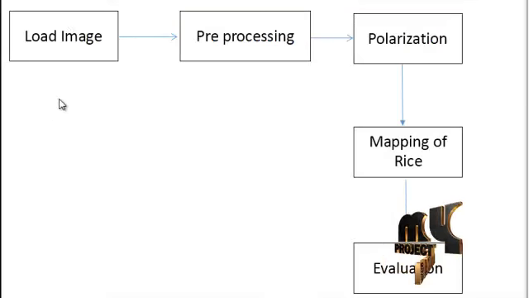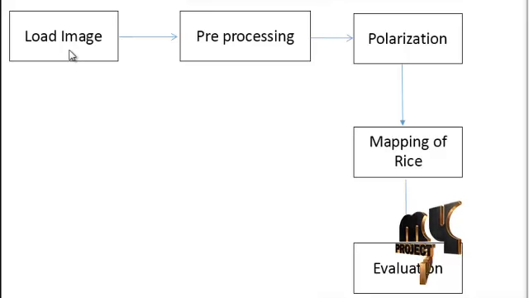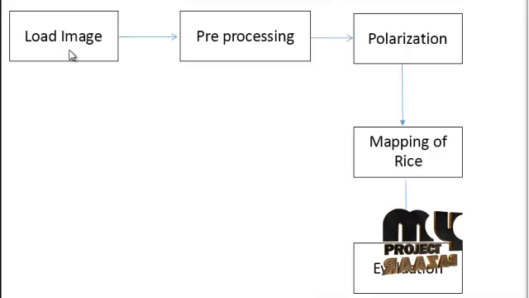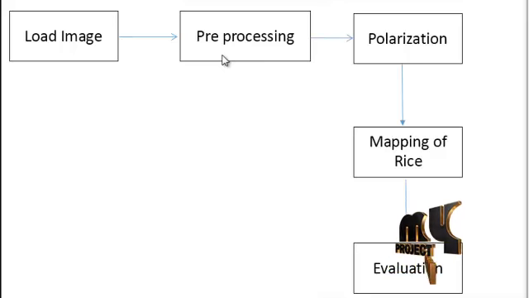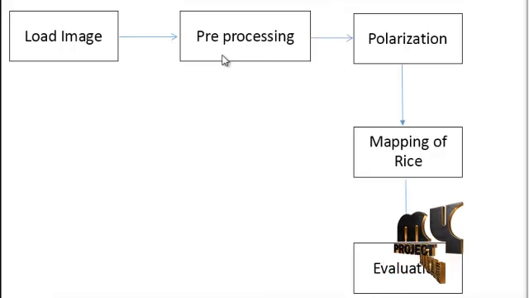This is the flow of our process. First we load our input image. The input images are obtained from southern West China using RADARSAT-2. Then we will go for pre-processing. In pre-processing, in our paper they are using a Lee filter, but here we are using a Gaussian filter to remove the